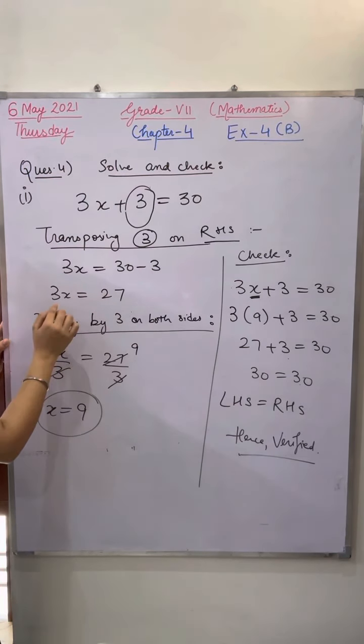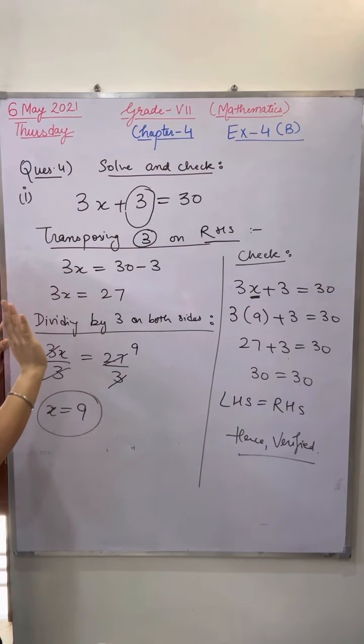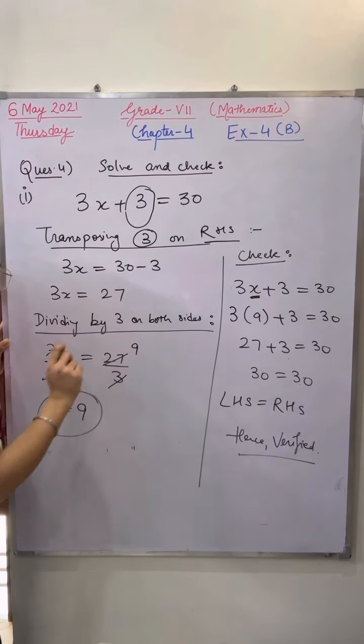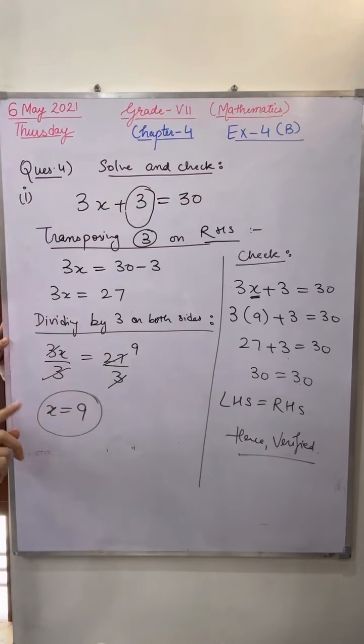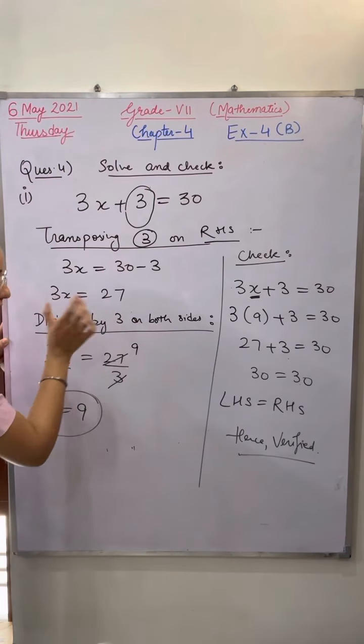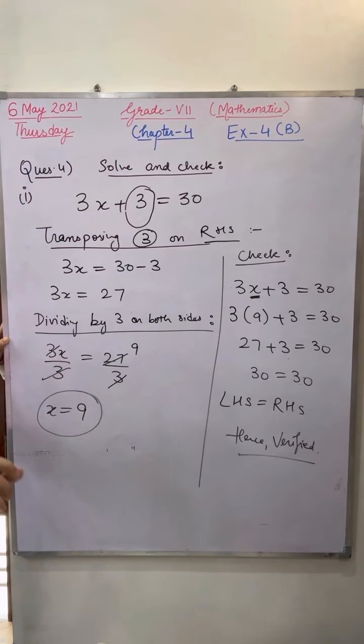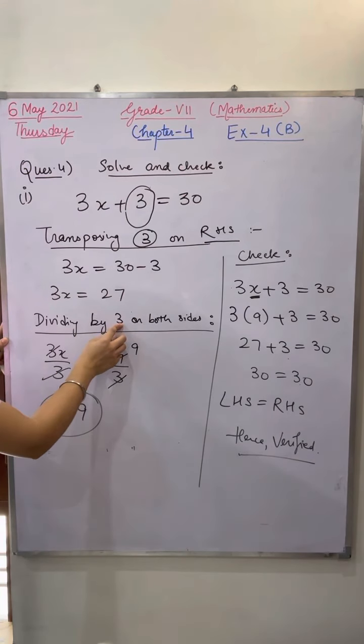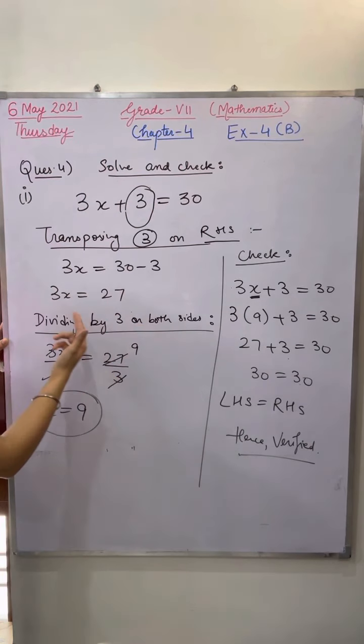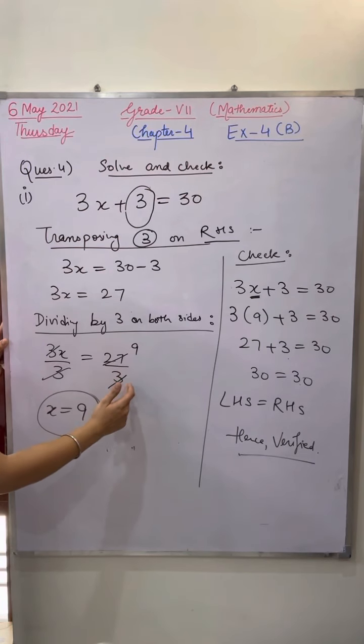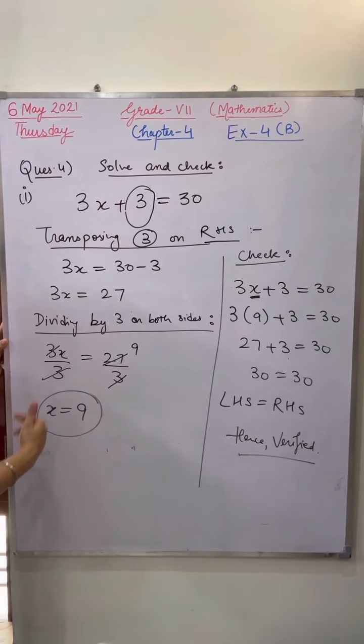Now what we can do, I want in the left hand side only x. I want 3 to be removed. So how will 3 be cancelled? If I divide both sides by 3. If you are going to multiply or divide, you have to do it on both sides, not on a single side. I'm repeating again. So divide by 3, divide by 3. It will cancel, only x will be left. And here 3 ones are 3, 9s are 27, x value is 9. So the x value 9 has come.